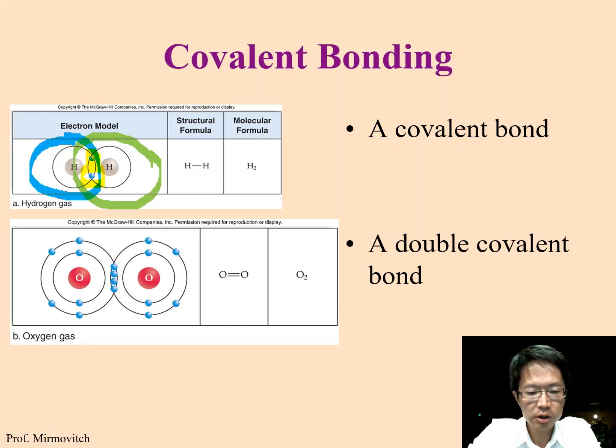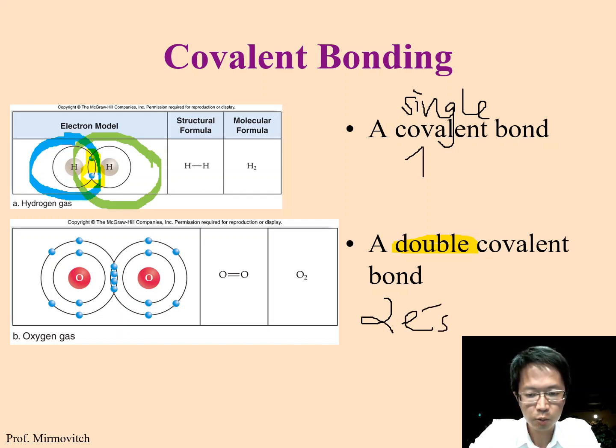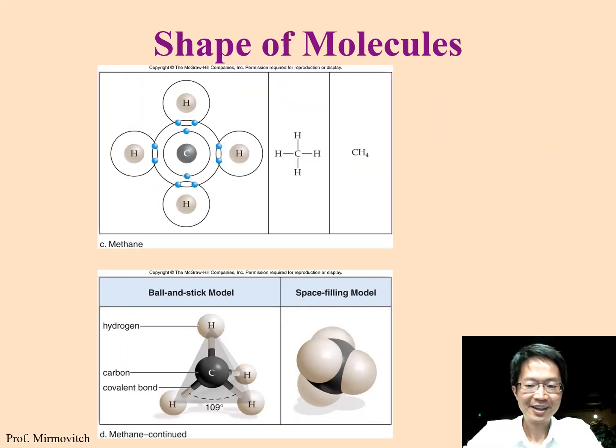In the example of hydrogen, we call this a single covalent bond, a single bond, because each atom shares only one electron. For oxygen, we call it a double bond. Why? A double bond because each oxygen atom shares 2 electrons. Single, they only share 1 electron with each other. So another example is